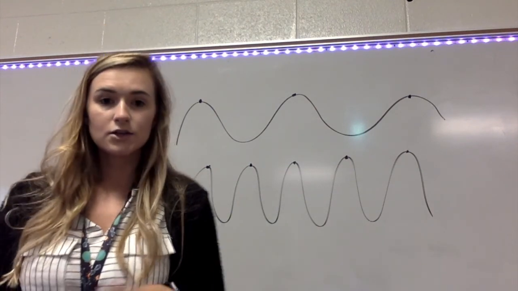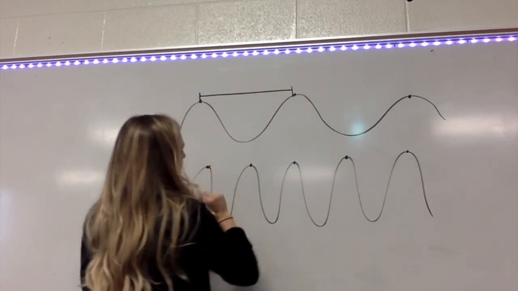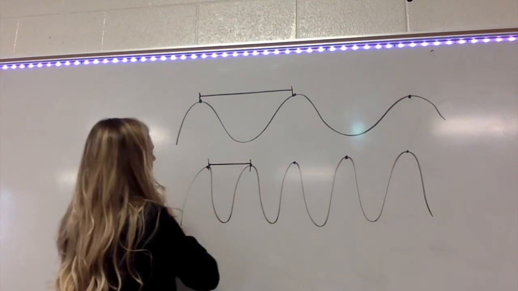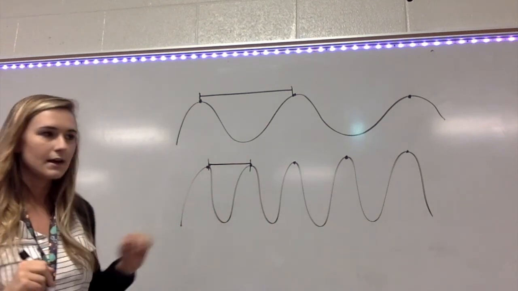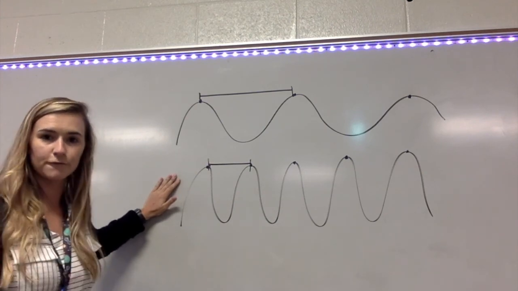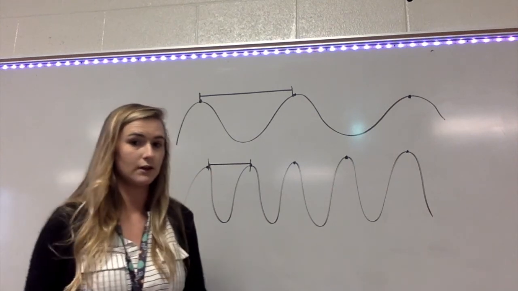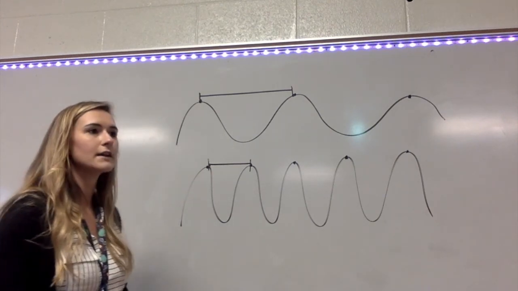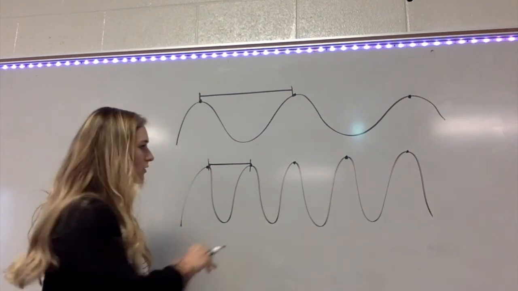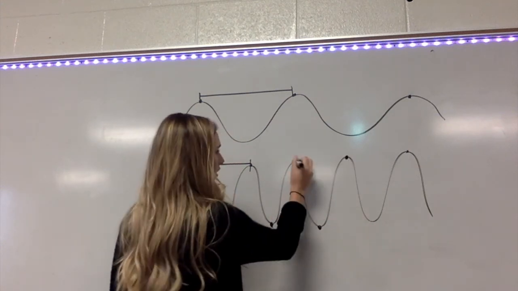Higher frequency, shorter wavelength. Well, if I'm looking here, my wavelength of this wave is this long, and my wavelength of this wave is this long. And we just said this one has a higher frequency. And it's occurring more to me. It's more frequent. So it does have a shorter wavelength. And that's just something that you can look at and see. And if you're ever needing to have a visual of those, just go ahead and point out your crest or your troughs and just draw those lines and make those